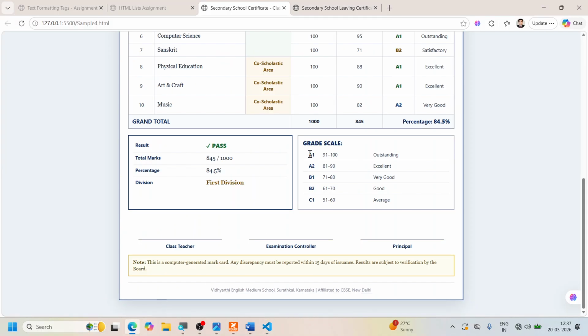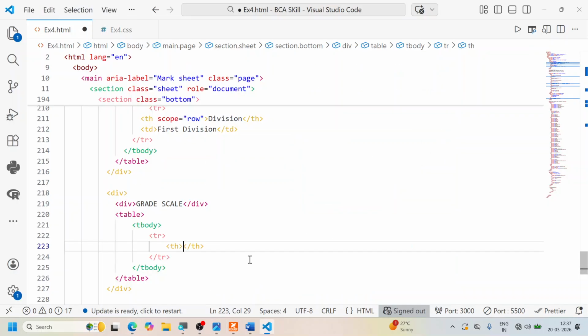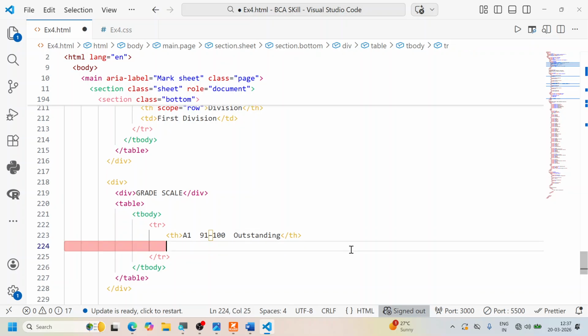You notice that there are three columns: A1, 91, and outstanding. So let me just copy this whole thing here and then I will paste it to the other side. So TD,